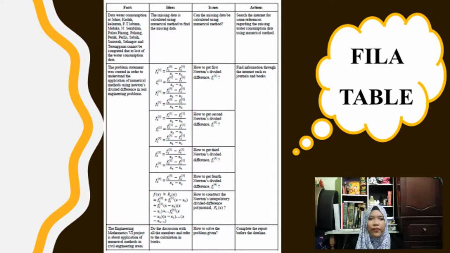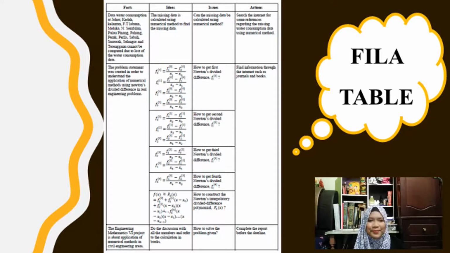We get the idea that the missing data is calculated using a numerical method. The issue is that we want to know how to calculate the missing data using a numerical method. And the action we take is to search the internet for some references regarding the missing water consumption data using